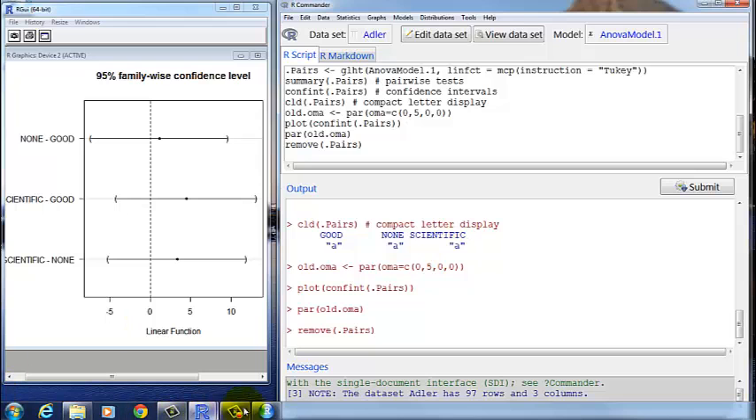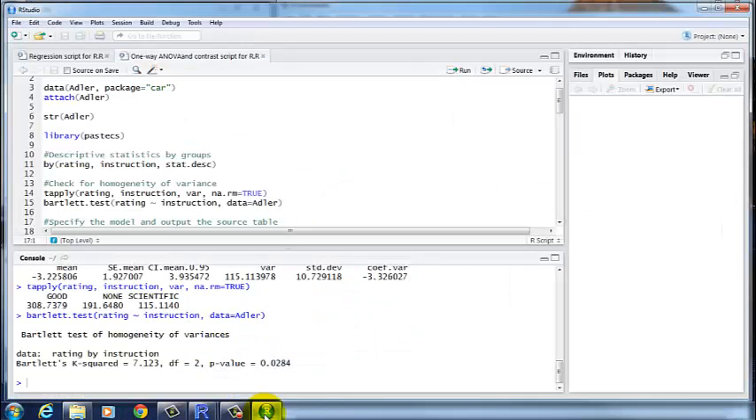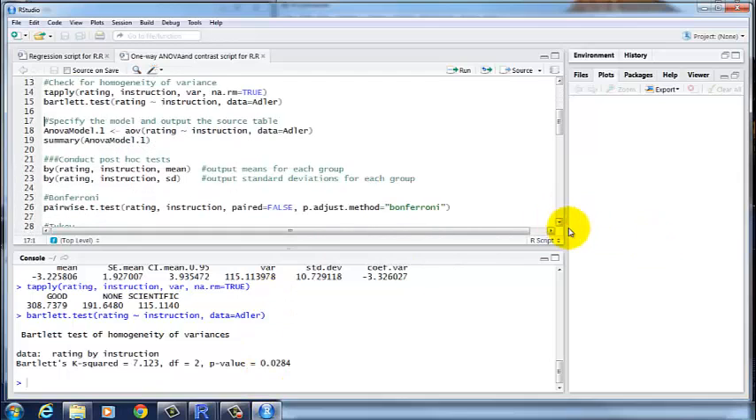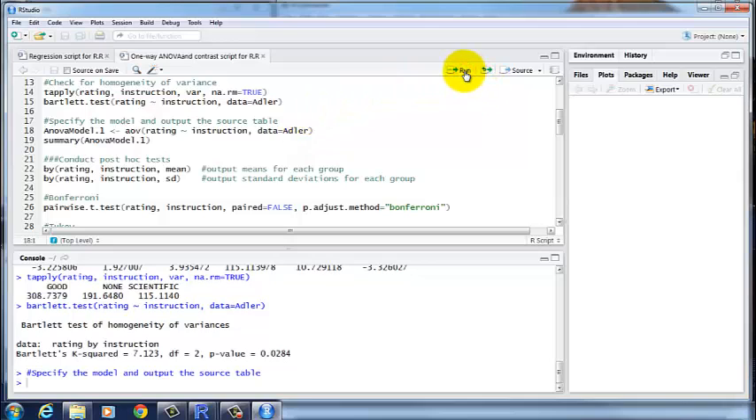Now let's do that with scripts. So back to RStudio. So we need to specify the model and output the source table. So anova.model.1 is what we're creating. You can name this whatever you want. And then into that we are putting aov, which is an ANOVA function, rating as a function of instruction using the Adler data set. So you run that,